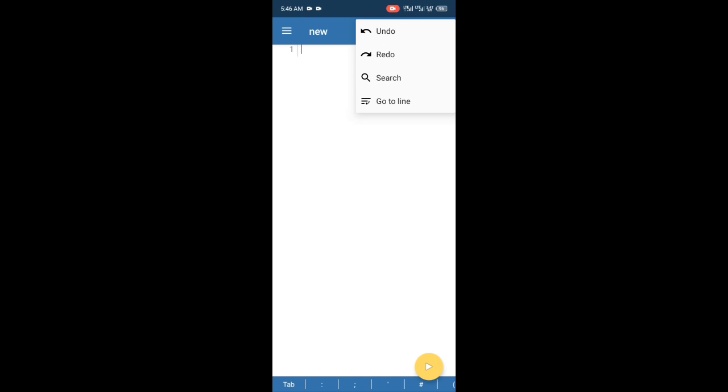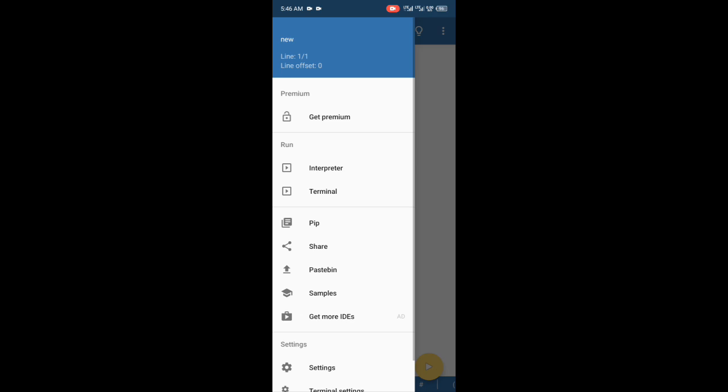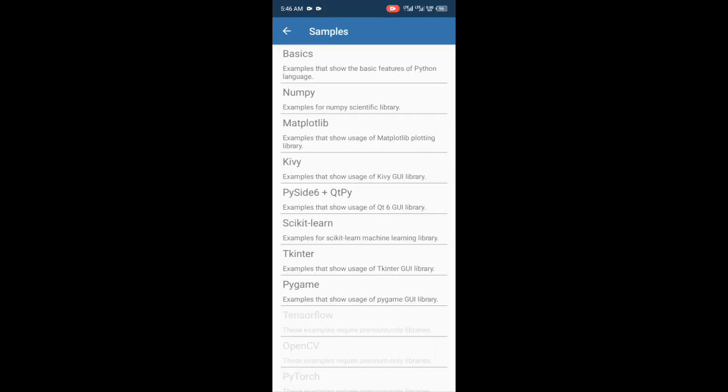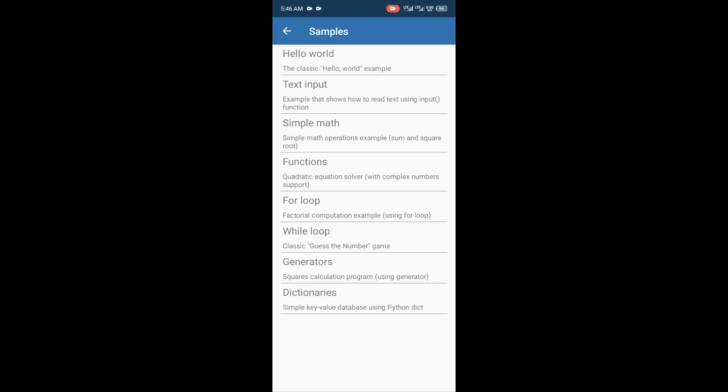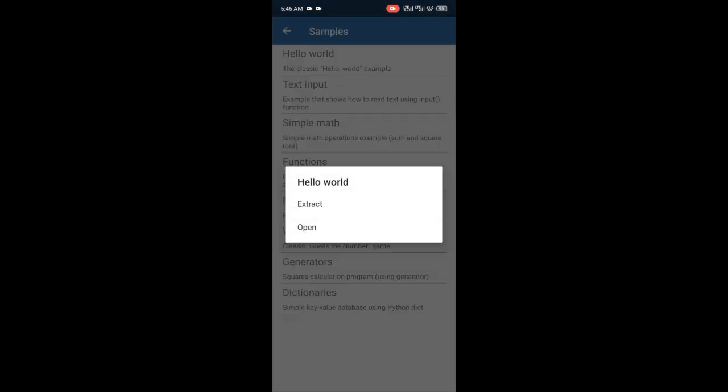And the other thing before I forget is that when you click this right here in the corner, there are some samples. When you click samples, they will be like basic, numpy, this is matplotlib, any. So when I select basic, I can get some simple syntax like a welcome. So when I say extract all open, it's the same. So I'll extract from that file and I open it. So they will put for me print hello world. So that is a default text inside this